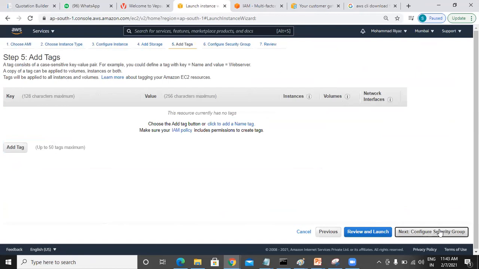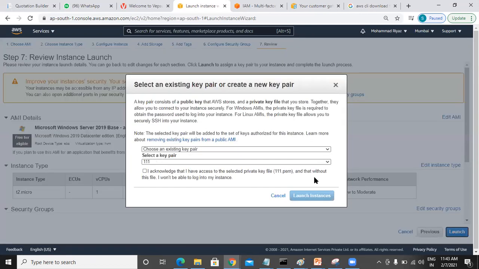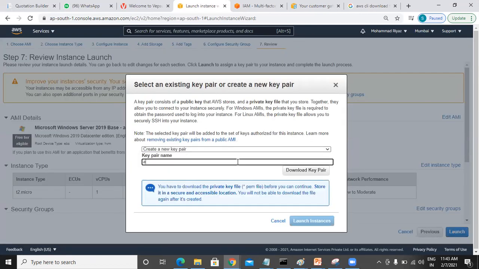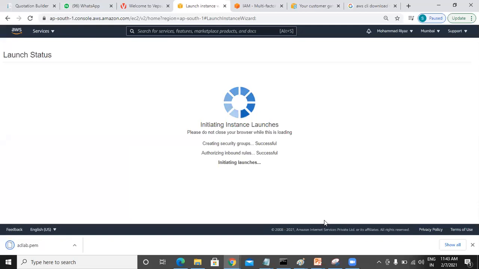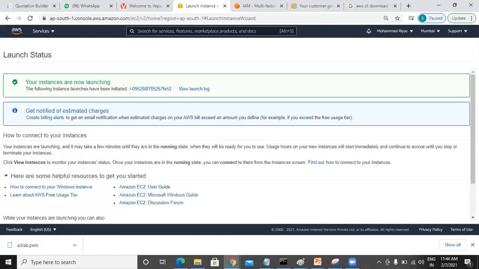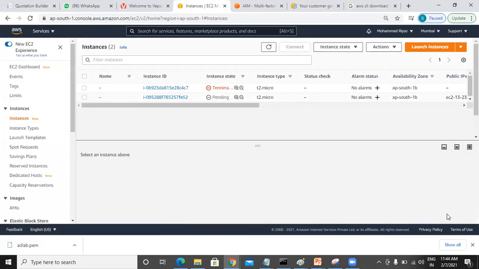Next, next. Here I will say all traffic and anywhere. Review, launch, and I'm saying create new key pair, and I'll name it AD lab. Scroll down and say view instances.